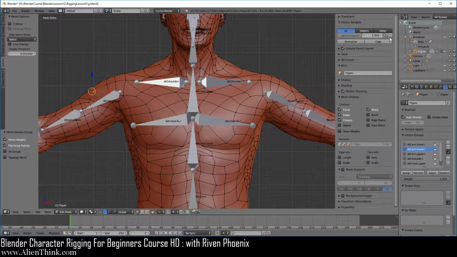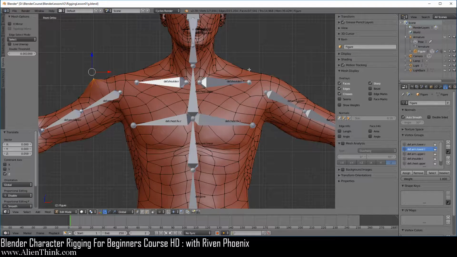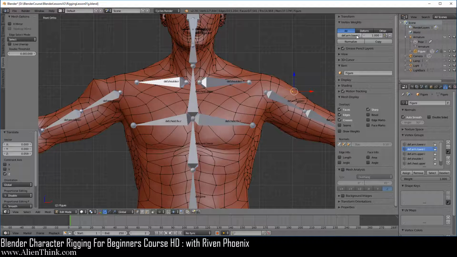Go ahead and click this and X this out. Click over here, dot L. Now click on this vertex and move this up. So what's happening here is that the topology is exactly the same on both sides, meaning that this was a symmetrical figure, but what we've done is move this vertex over here, okay? So now when you click over here on this vertex, right, this is the vertex group, click on this one.